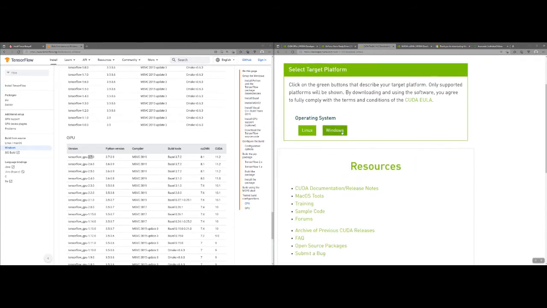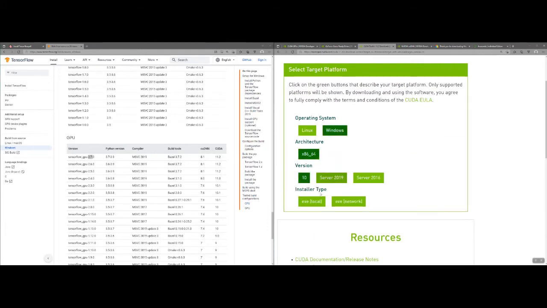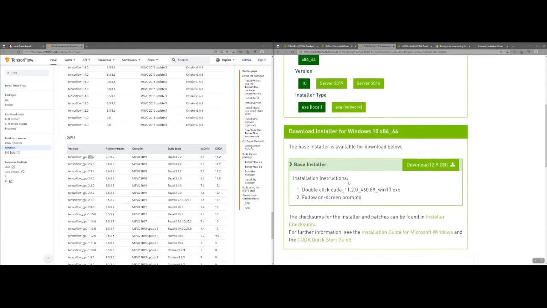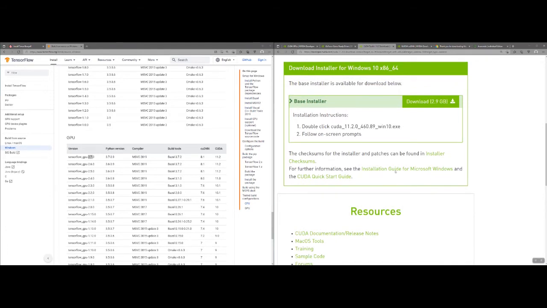Mine is Windows version 10. I'll get an exe. It's a 2.9 GB installer file. Let's download it. It will take some time. While it is being downloaded, let's go to the next step